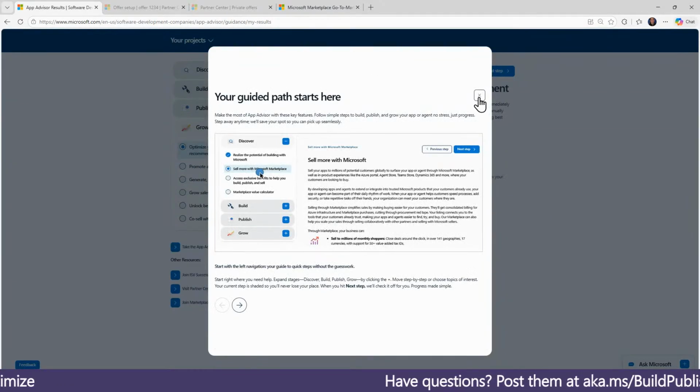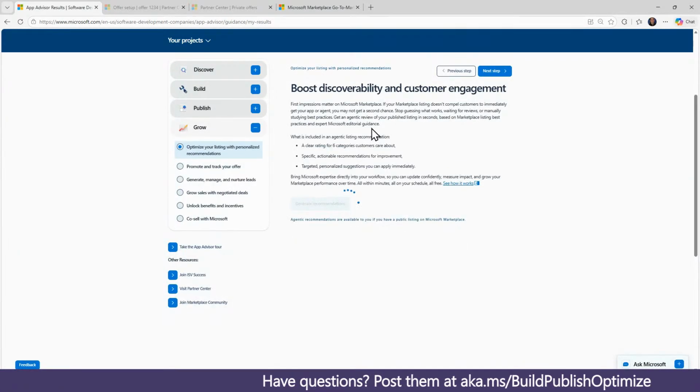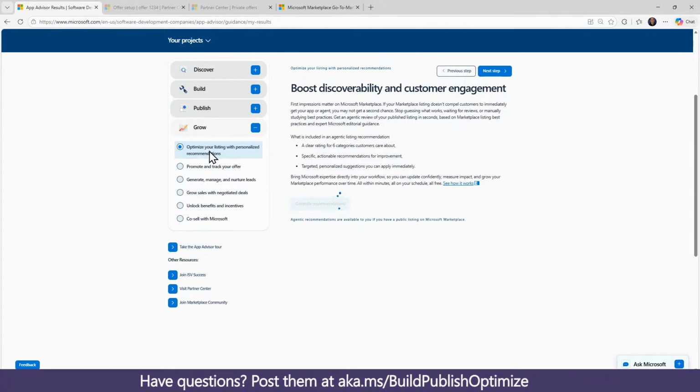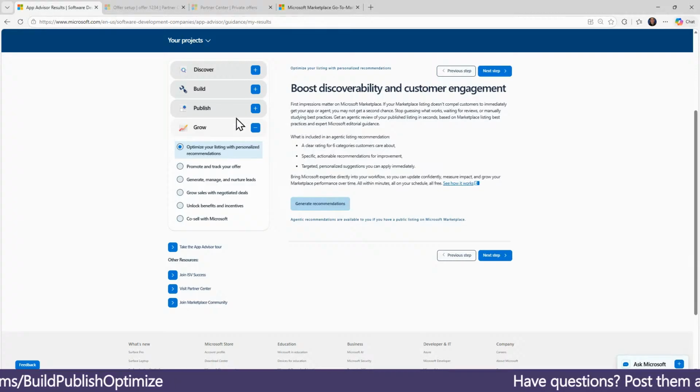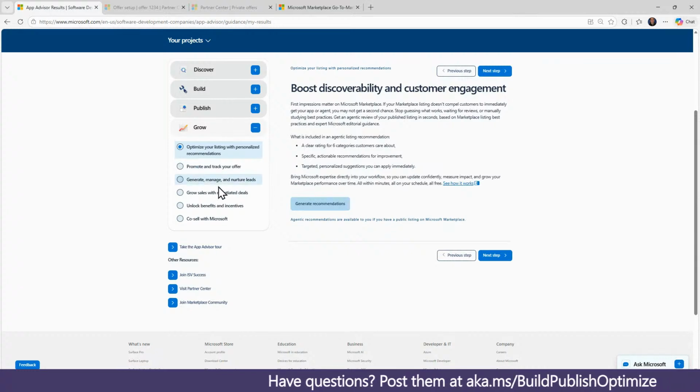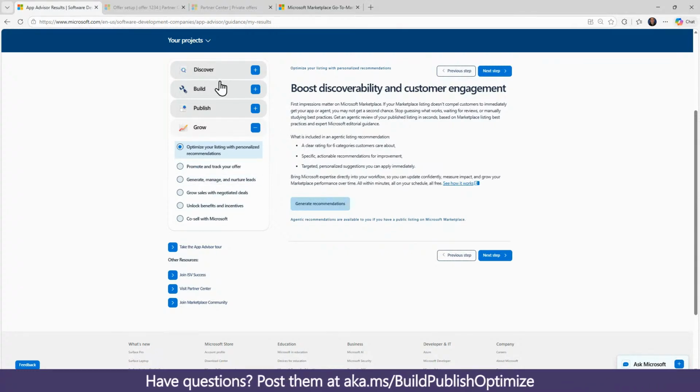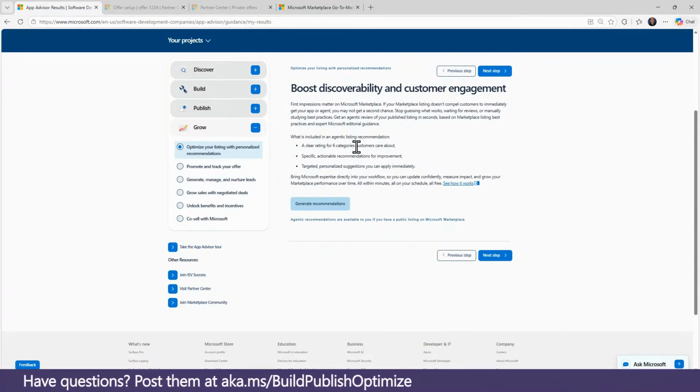And I'm going to see a quick guided tour that I can dismiss. And then this is the step in the grow stage. It landed me directly into the grow stage where I can optimize my listing with personalized recommendations. You can see I can access content through other stages here. I can navigate through this menu to see all the topics that are available and access different stages, but let's